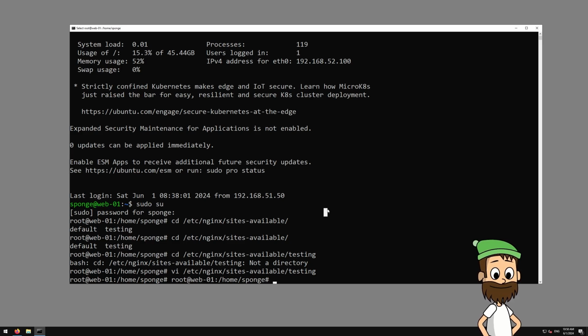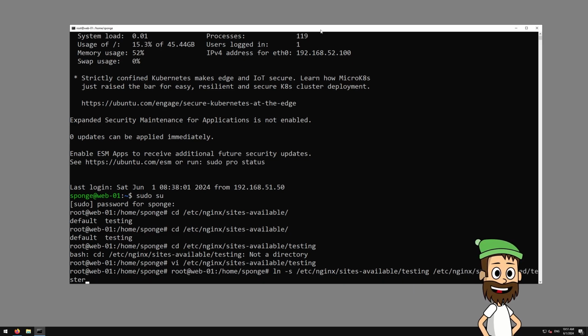We will need to first link it, because basically there are two folders, sites-available and sites-enabled. We will need to link this file to the sites-enabled folder in order for the website to be actually enabled on the Nginx server. So let's go ahead and do that. We're going to do ln -s, then /etc/nginx/sites-available, and we will now select testing. We will put it in /etc/nginx/sites-enabled, and we will name it